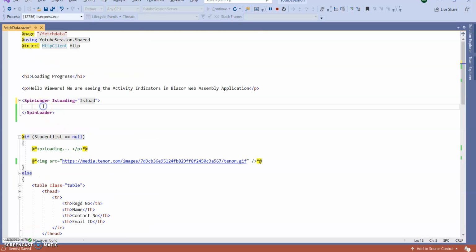So here let's say I am giving Circle, Color equal to red. Now rerun the application and we will see.